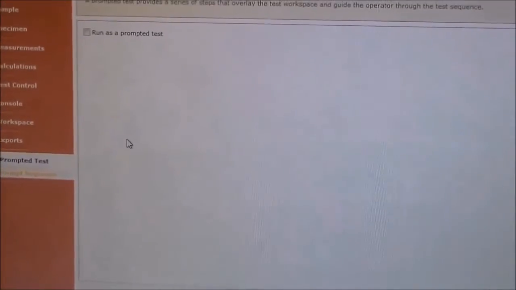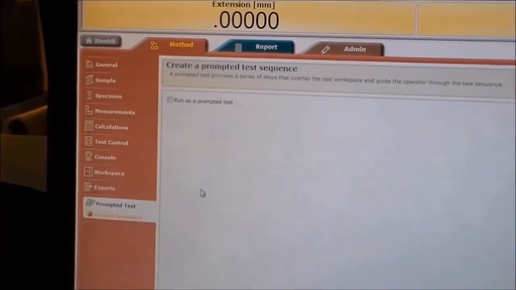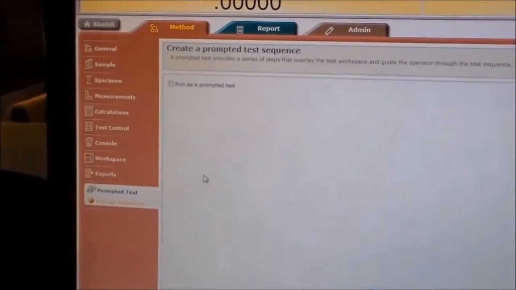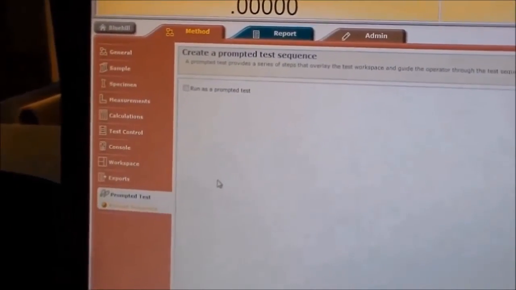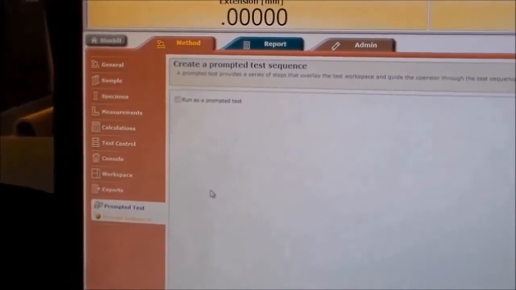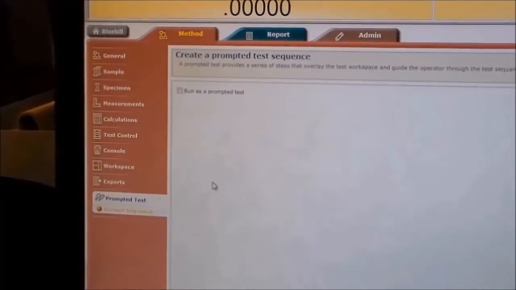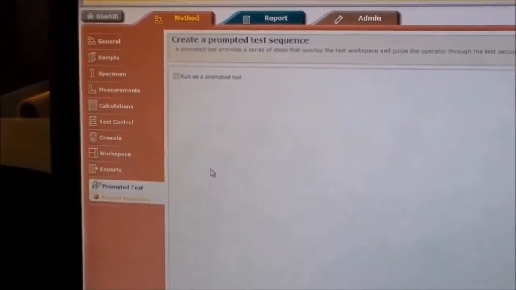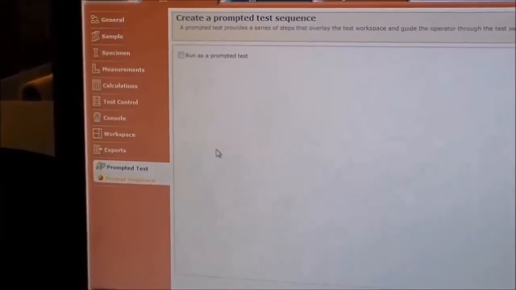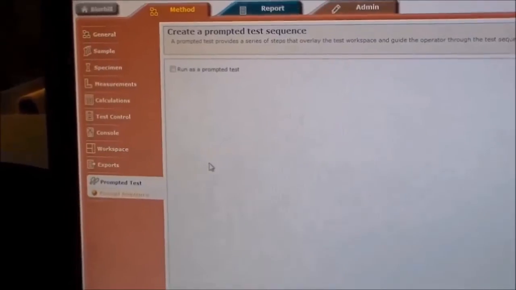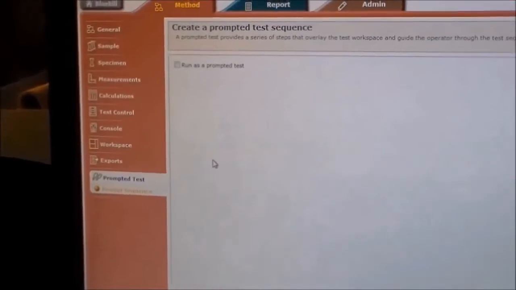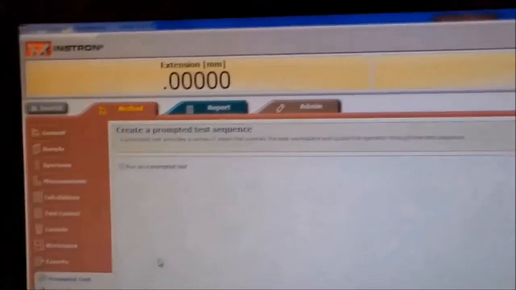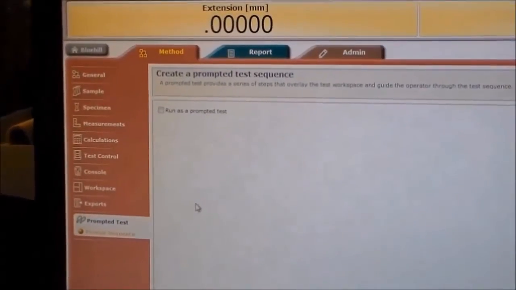Every method has specific situations, depending on what kind of test we want to run. For a tension test, it should be tension, and should we stop the test before break or after break. If it's a creep test, like constant load and long time test, or a cyclic test, loading and unloading, loading and unloading, for the fatigue test. So depending on the type of the test, the method should be different, and it comes